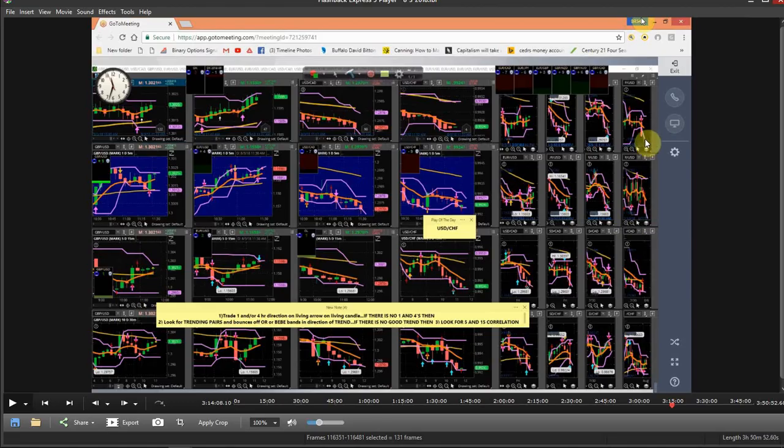Once they bust these BB bands on the long term, you're going to see these signals come up. Okay? And when they correlate, this right here is ranging. You do the 5 and 15, but when they correlate, you can take them up every time. Right down here. See, as soon as they hit the orange road, boom. It's correlating. That's why I take them, because they're correlating. If they weren't correlating, I wouldn't take it. See, that's how I know.